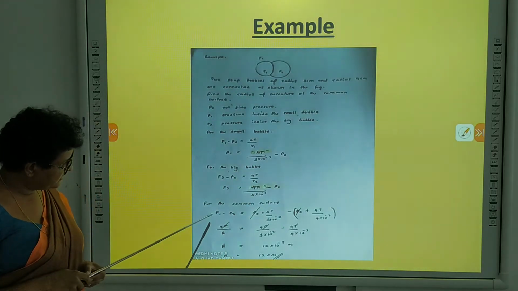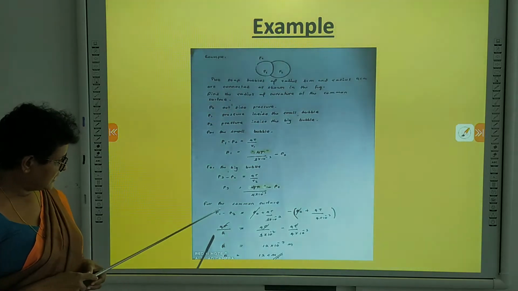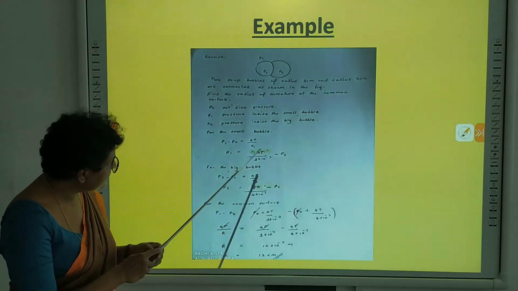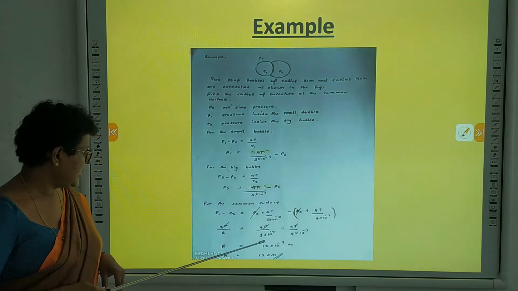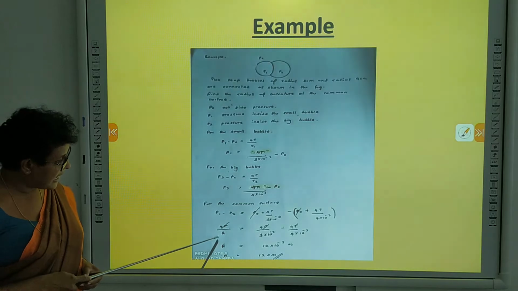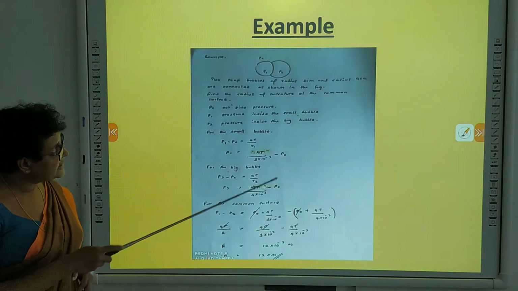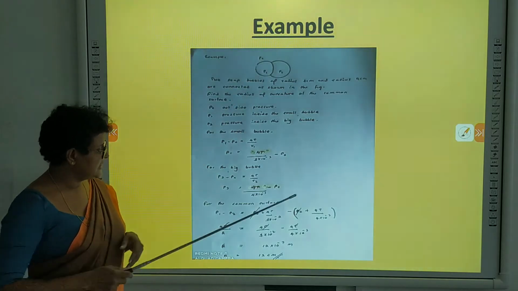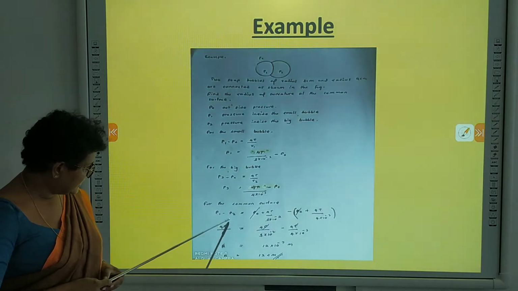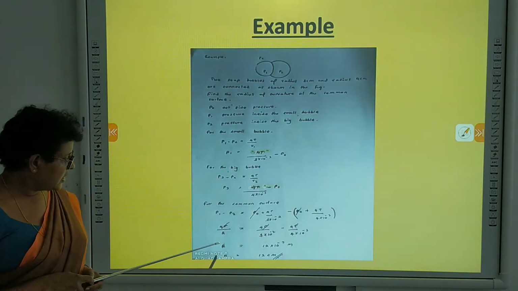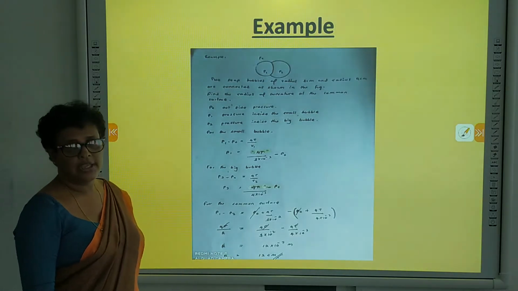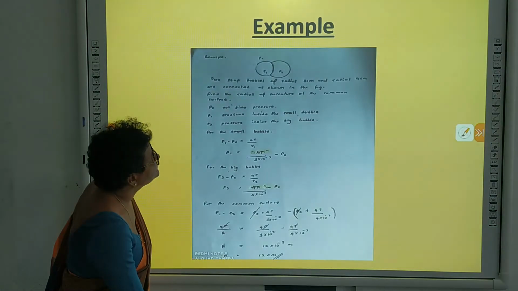We write P1 first because we know the smaller the bubble, the higher the pressure. So P1 minus P2, where P1 is this much and P2 is this. Again we can use the same equation: 4T over capital R, where capital R is the curvature of the common surface that we have to find. Now we can cancel the 4T on both sides. Simplifying this, you will get 12 centimeters. Okay, clear?